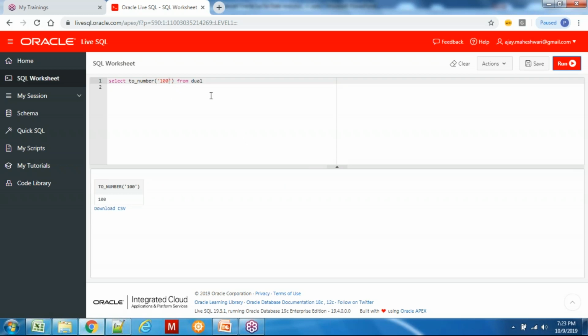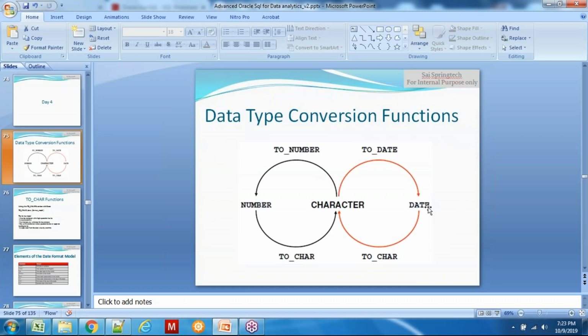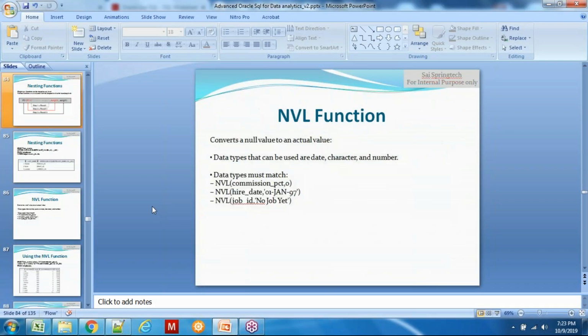So to_number does not work with date. It works with character, but it has limitations. Okay, it has limitations. All right, let's move on